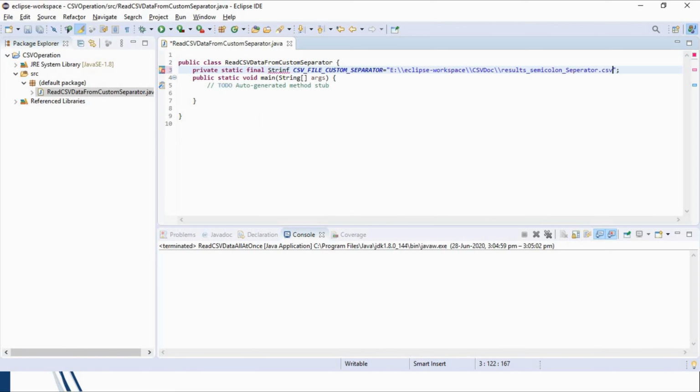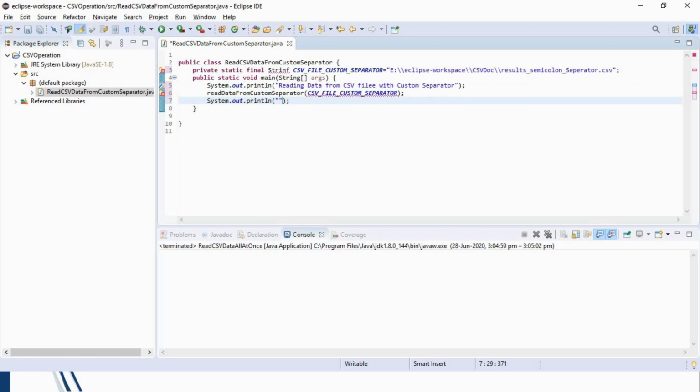And inside the main method we will call our method, and now we will start to write down our defined method.